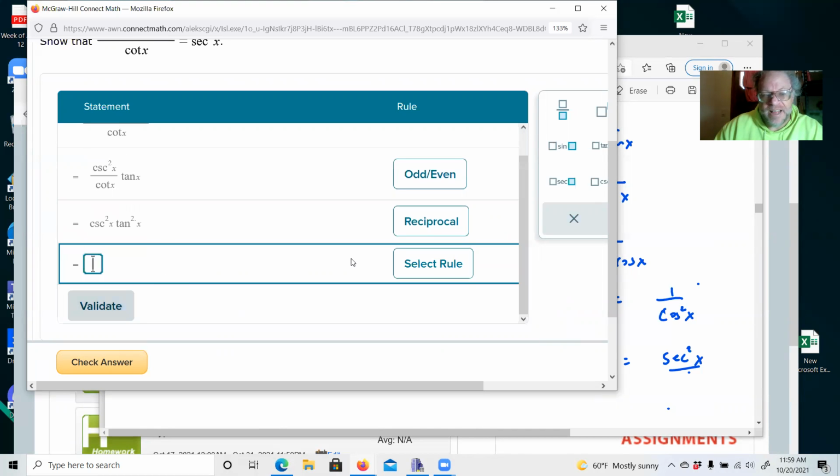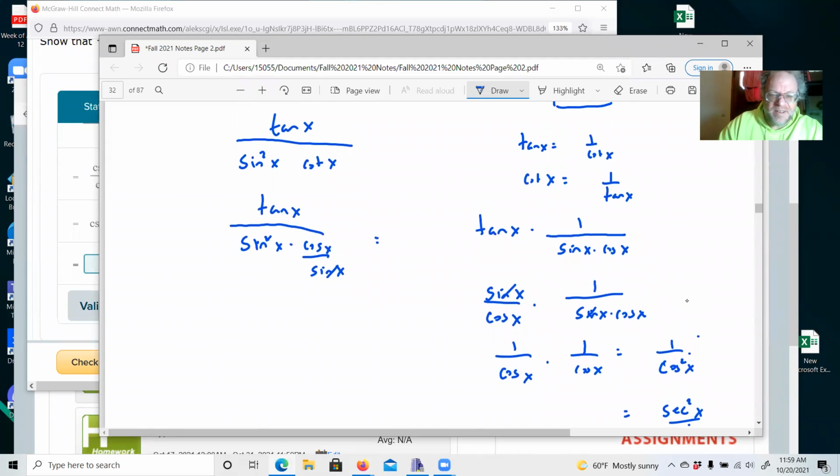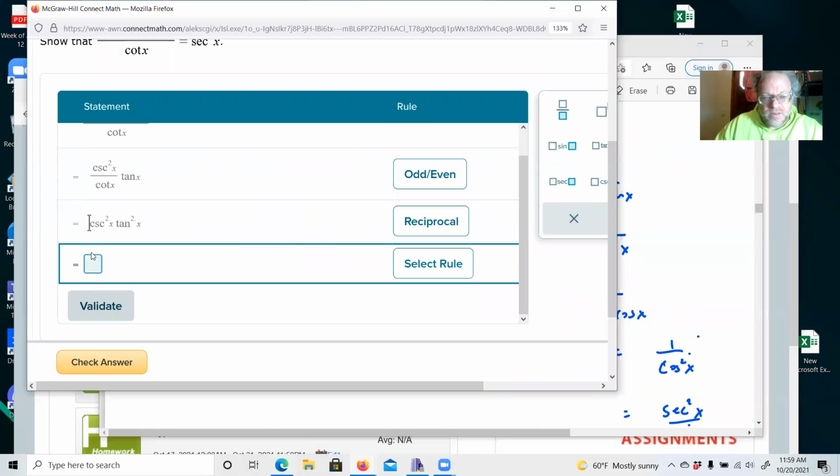So let's validate that, say reciprocal rule. Now at this point, we have cosecant squared x times tangent squared x. And we know that tangent squared is sine squared x over cosine squared x, times cosecant squared x. And we know that cosecant times sine is going to be 1. So let's go ahead and write this one. We're going to have our cosecant squared x